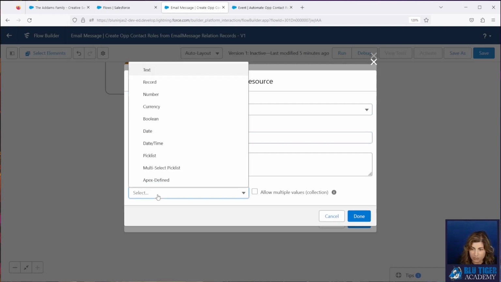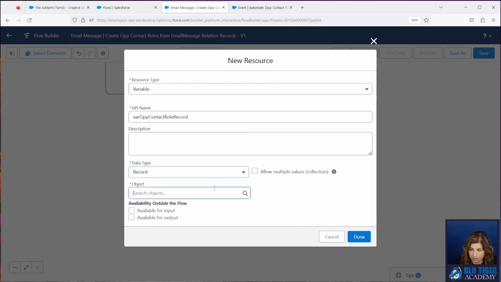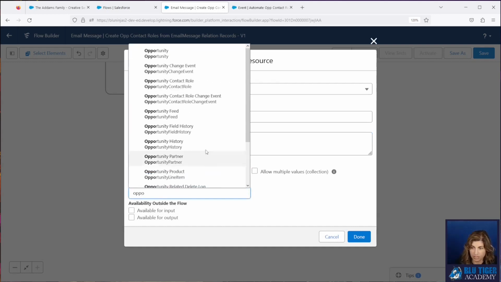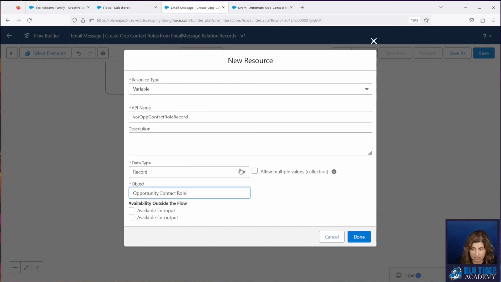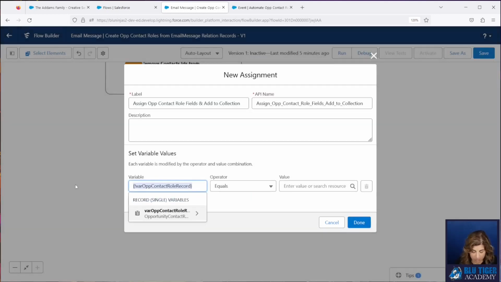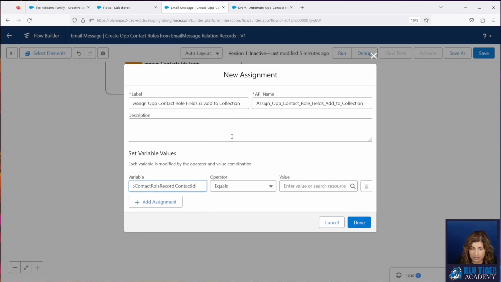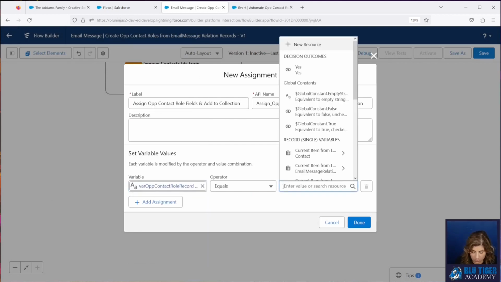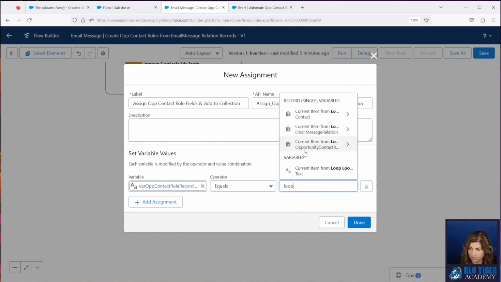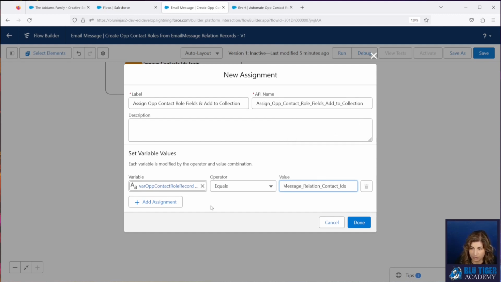So this is going to be a record. It's going to be an opportunity contact role, and don't check the collection box. It's a single record. Okay, so now we're going to say that the contact ID equals the loop, and it's this one down here, the current loop from your text collection variable, not the one up here.